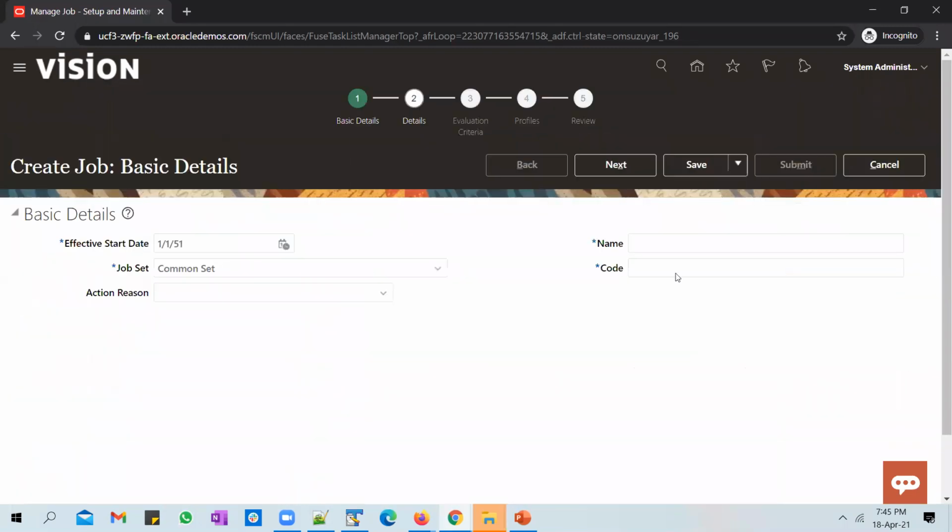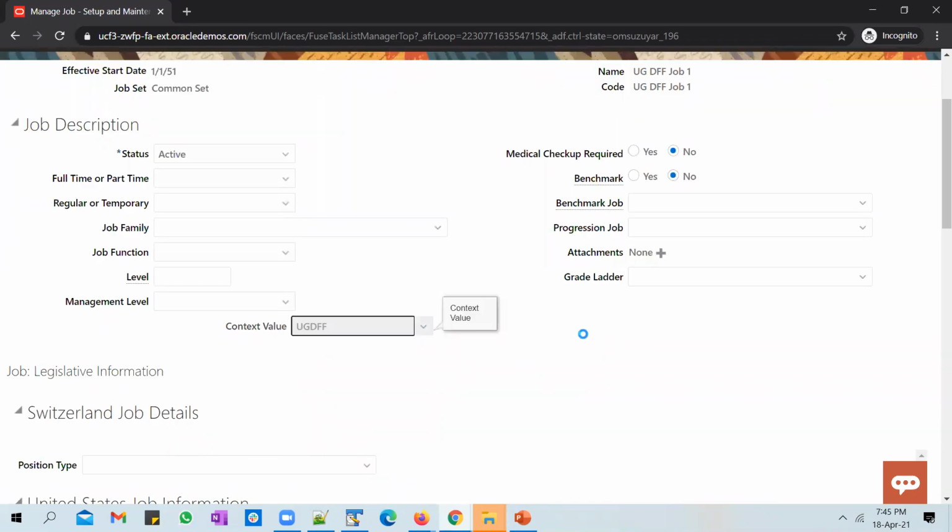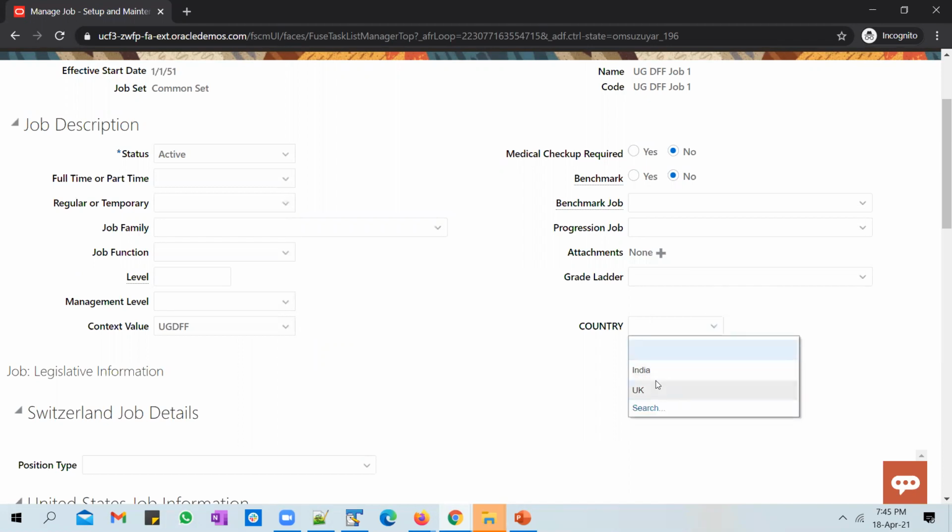Create a new one and call it UG DFF job 1. Use the same as code and go to details page. You should see the new context that you have defined, which is UGDFF. And in the countries list, you should see the values coming from a lookup. Okay, so these two are the countries coming from a lookup.